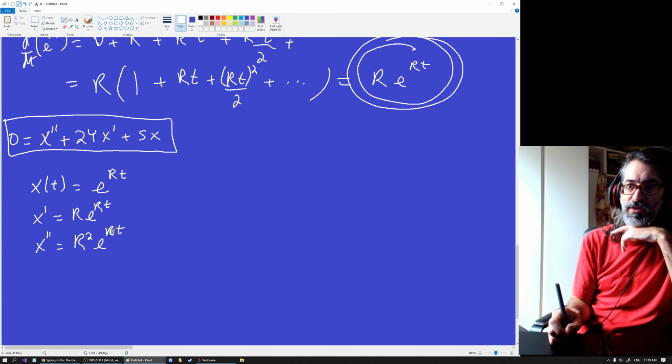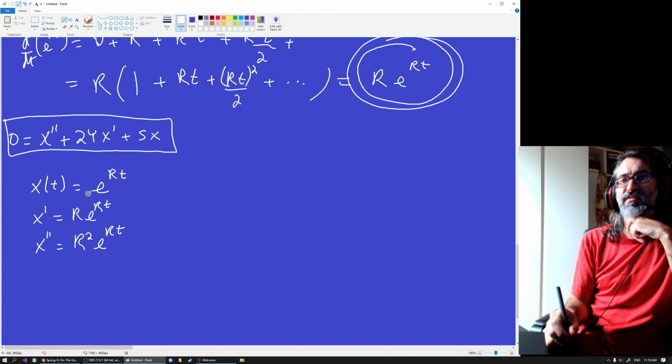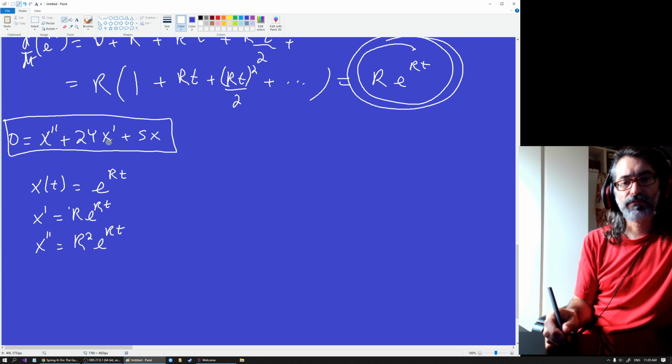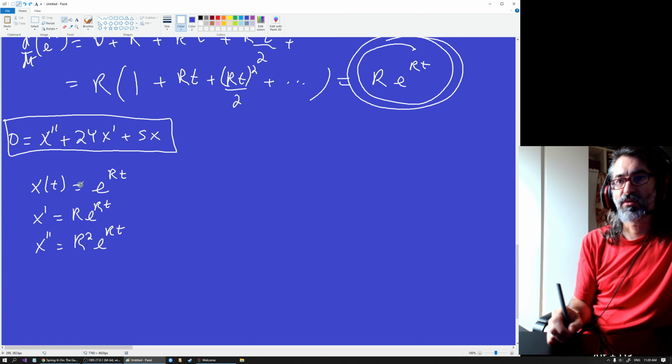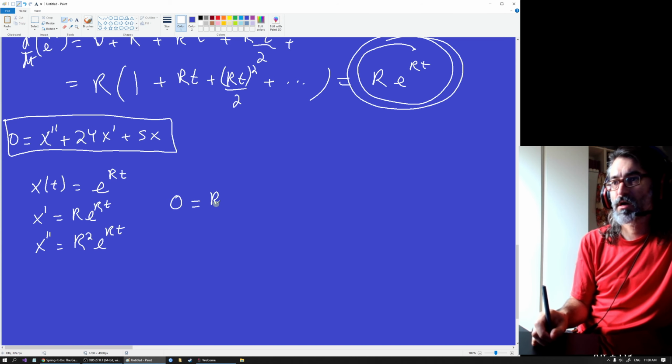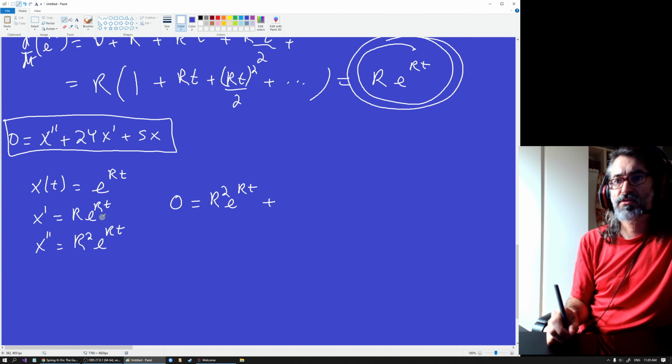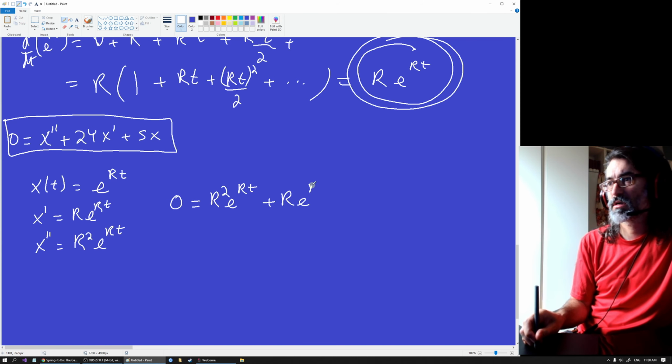That's why there's a 2 here, the second r came here. So now we just plug this in there. We're going to plug this here, plug this here, and plug this whole thing here. So what happens? It's 0 equals this one, r^2 e^(rt), plus this one,